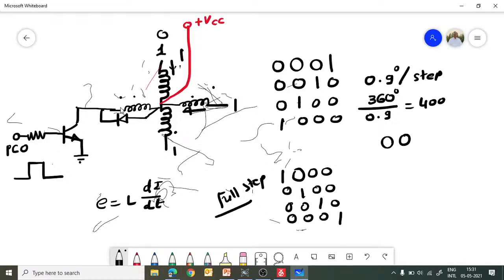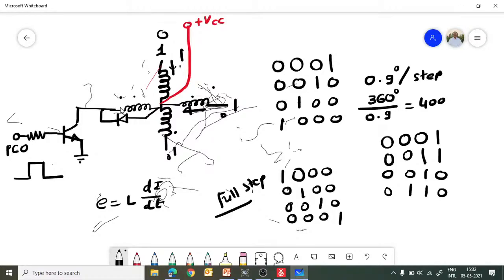So what will be there? Initially 0001, then 0011, because in both windings the current will pass, then only this winding, right? So the sequence would be 0010. Then after this, both the bottom winding and the right winding, so our sequence will become 0110. That will be our binary sequence we will be transferring to the stepper motor.